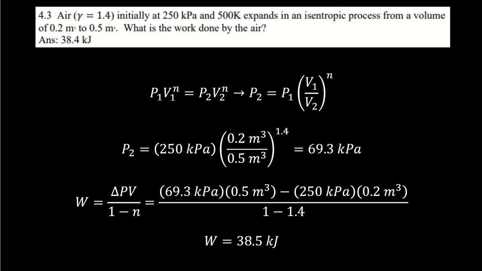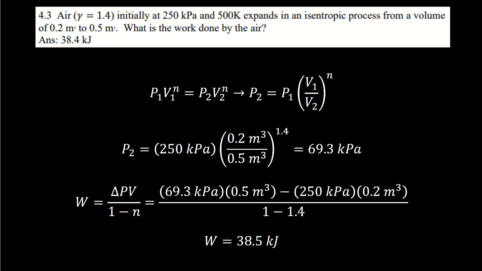Under this scenario, what's the work performed by the air? Well, isentropic, all that means is we'll use our general polytropic equation, which is work equals the change in the product of pressure and volume over 1 minus n,